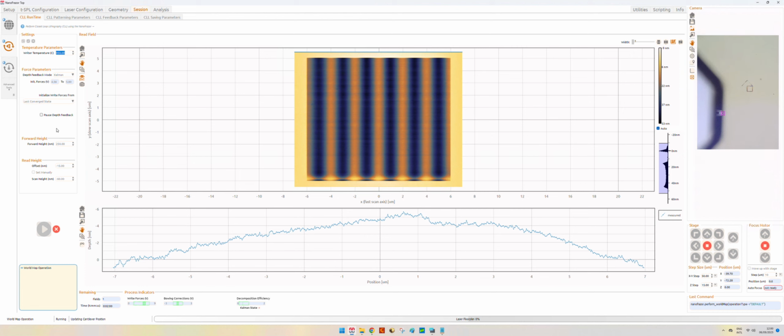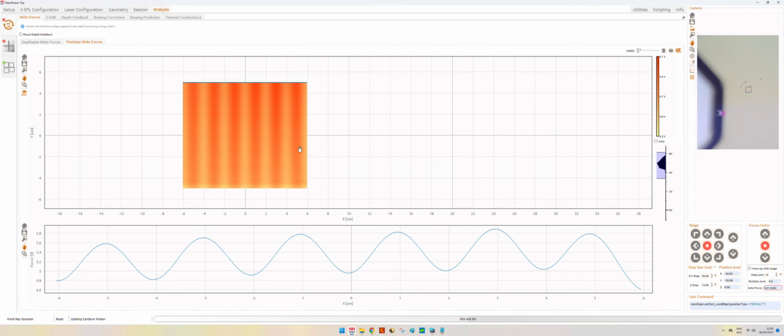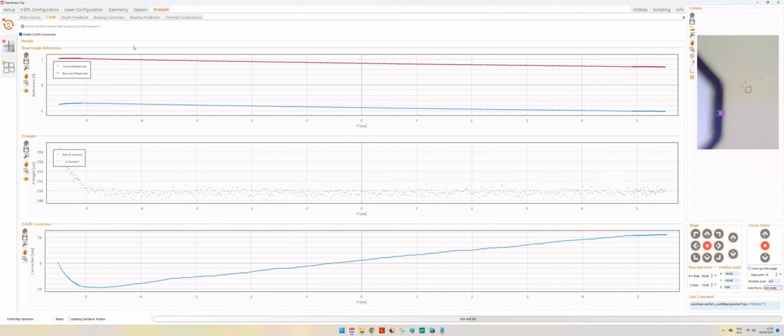We are patterning with a Kalman feedback, and we have a set of corrections such as the thermal conductance correction, the fast scan correction, slow scan correction, and also bowing correction. These corrections are also shown in this sub-tab. For example, you can see the Z drift correction.